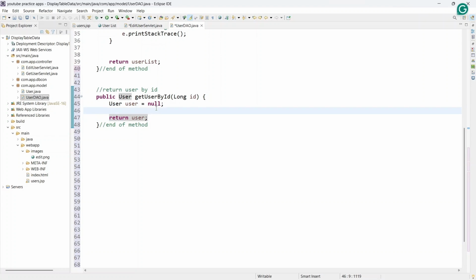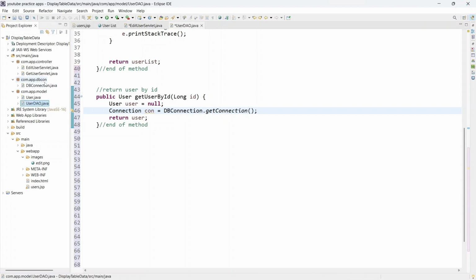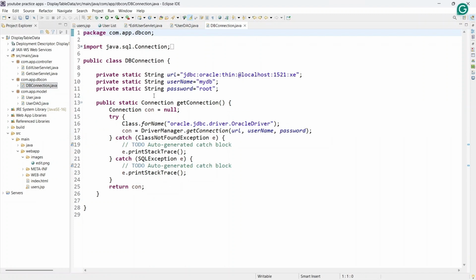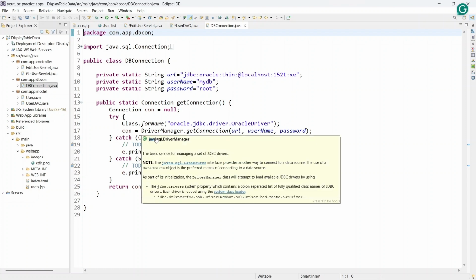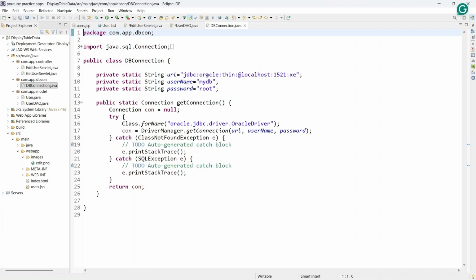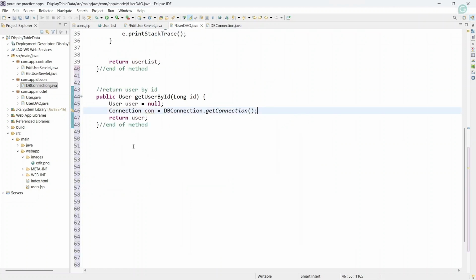Now let me create a connection with the database. I have a class called DBConnection in com.app.db. This class has a static method getConnection. This method will return the connection object with the established connection with the Oracle database. In the UserDAO class and in the getUserById method, I'm calling this method, so it will return